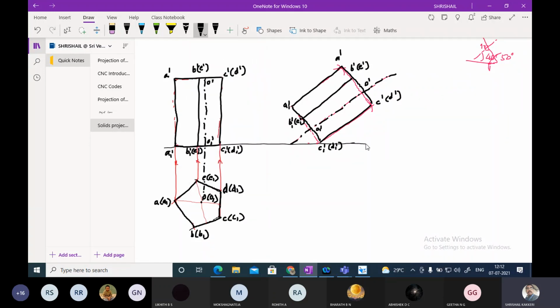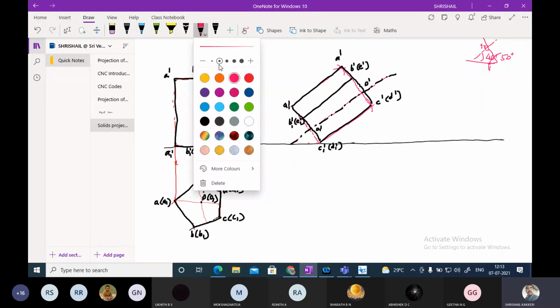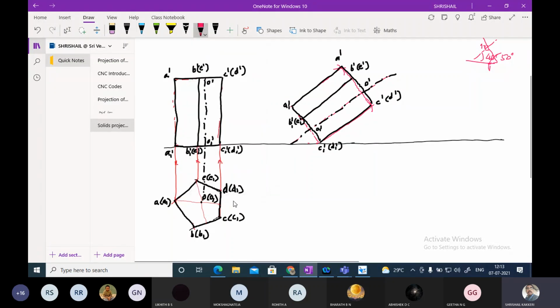Then now let me extend this line to some extent. Okay. Next, what I have to do? I am going to take A and A, B, B like this and draw the other views. Okay, let me draw. Please look here. A I have taken, and from A I have taken a line.